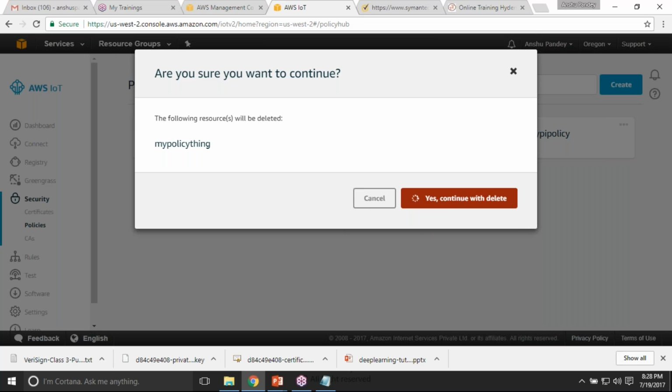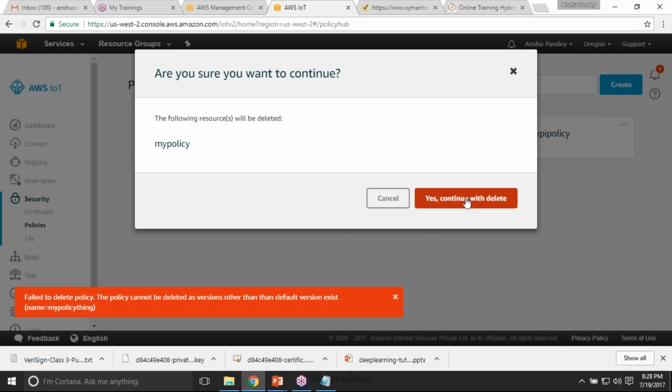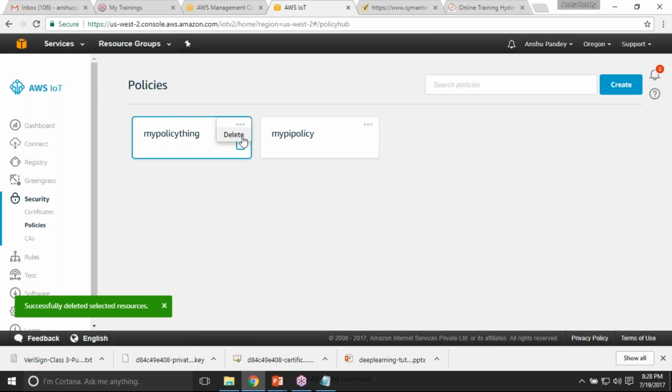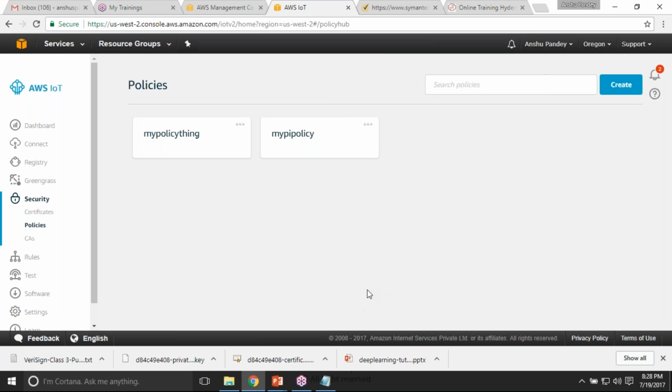So in the security part, you can come to the policy part,